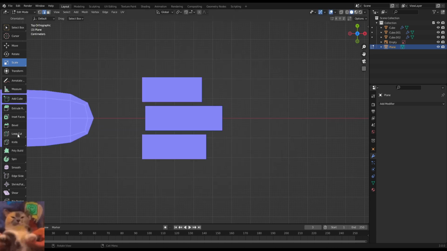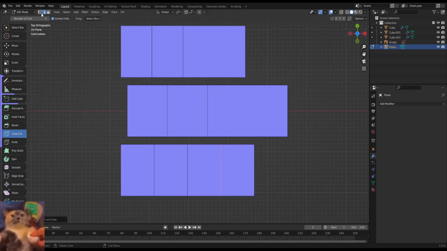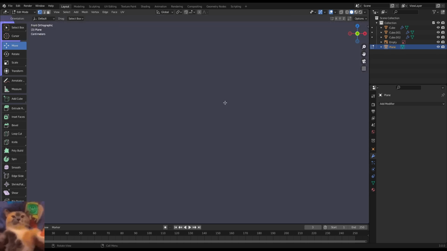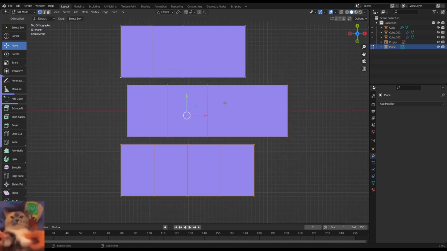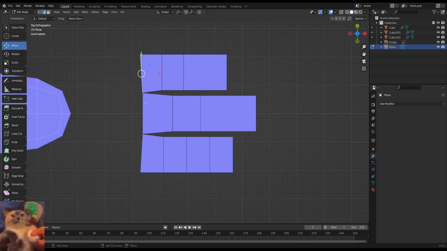Long, cut, do that, basically just, I didn't mean to click that, merge, select these,